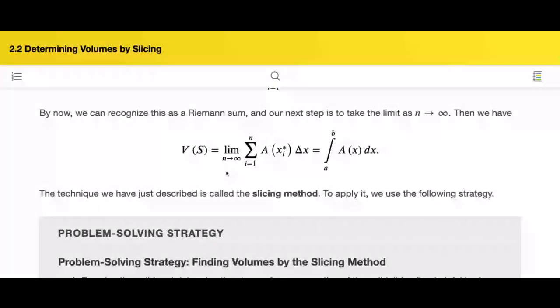So the definition is this. The volume of such an object equals the limit: add up all the volumes of each rectangle prism, the n pieces, then let n run into infinity. That means we cut into infinitely many pieces. So the definition is integration from a to b. We always work within an interval from a to b. Then the area,